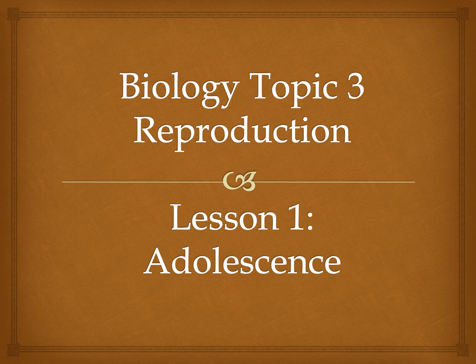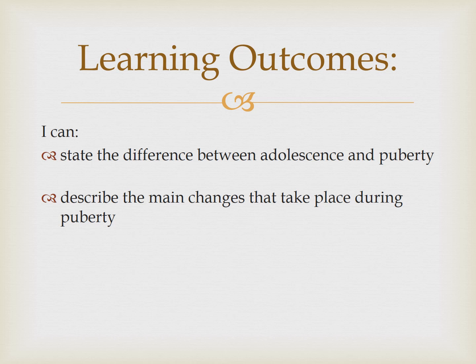So, in this topic, we're going to talk about all the topics to do with reproduction, and we're going to start off with Lesson 1 Adolescence. So, we're going to talk about what adolescence is. We're also then going to be able to describe the main changes that take place during puberty. Okay, so you're going to be able to state the difference between adolescence and puberty and describe the main changes